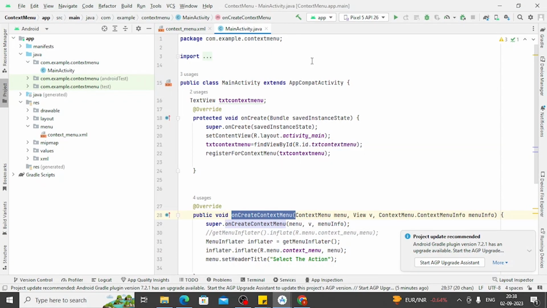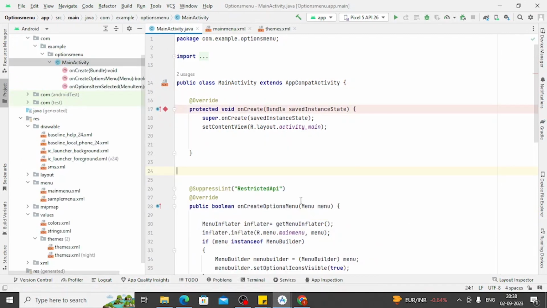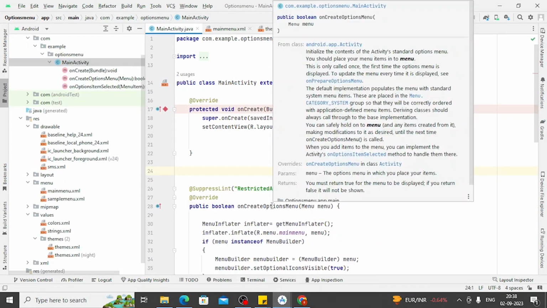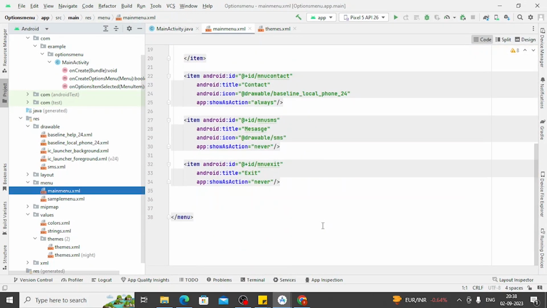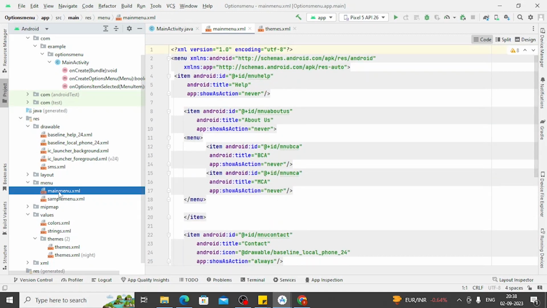Already seen options menu last time, and this time let us create a context menu. Context menu would be applicable to a particular view, unlike the options menu which is applicable to an entire activity. What we will be doing is, say we will be using the same menu, so that our time is not wasted. Or what we can do is we can copy paste the code,